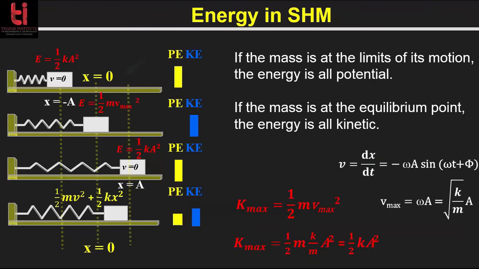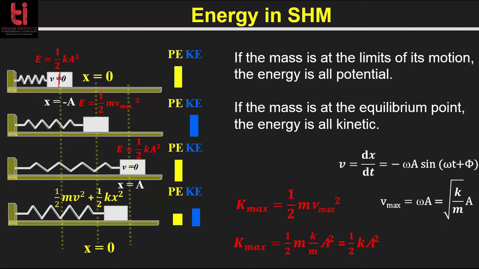So now if we start from here, the spring is totally compressed and the mass is at the limit of its motion, that is x is equal to minus A, and the velocity is actually 0 here. As the velocity is 0, the kinetic energy is 0. That means you have only the potential energy. So the potential energy is half kx square, as x is equal to A, the limit of its motion. So the total energy is equal to the kinetic energy, that is 0, plus the potential energy, half kA square, and that means the total energy is equal to half k into A square.